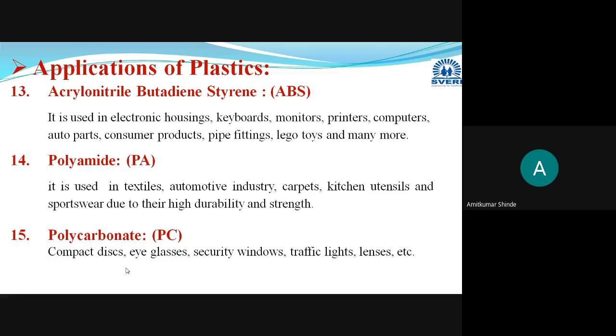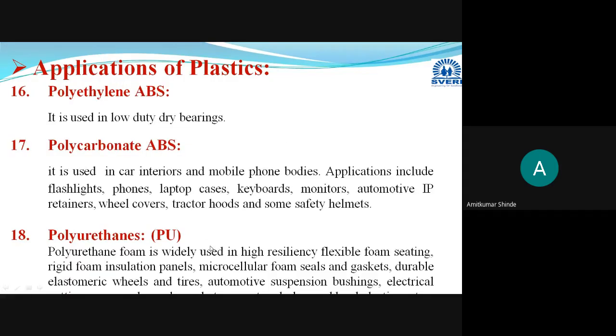Eyeglasses are manufactured with the help of polycarbonate. Okay, it is PC material. Eyeglasses, then different traffic lights, different lenses, then security windows, compact discs, all these are made from polycarbonate only. Then after this, the next is